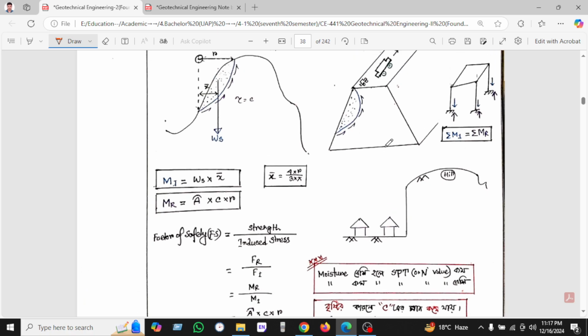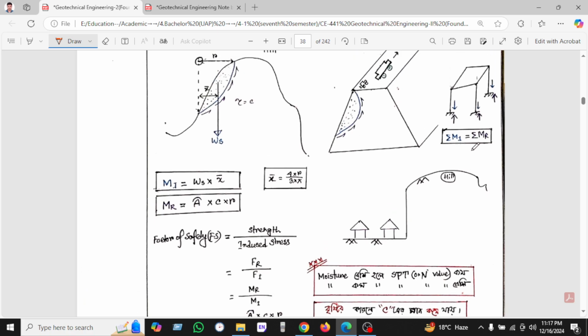Here we can see the induced moment minus the resisting moment must be equal to 0. The induced moment equals W times x bar, where W is the weight. So weight equals volume times the unit weight of soil, as we are doing slope stability of soil. X bar is the center of gravity of the specific shape, which is 0.424